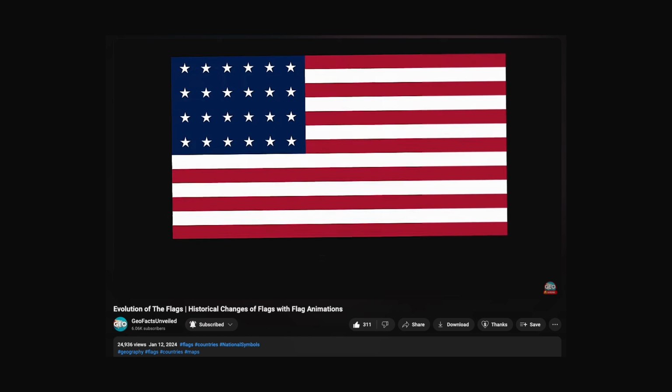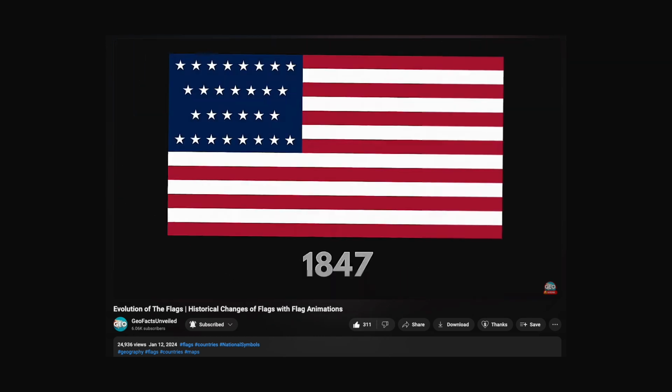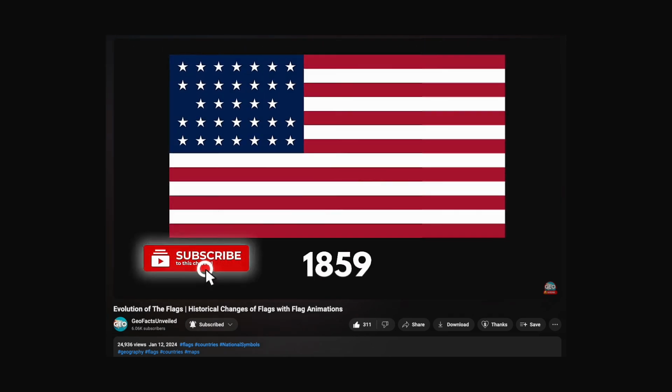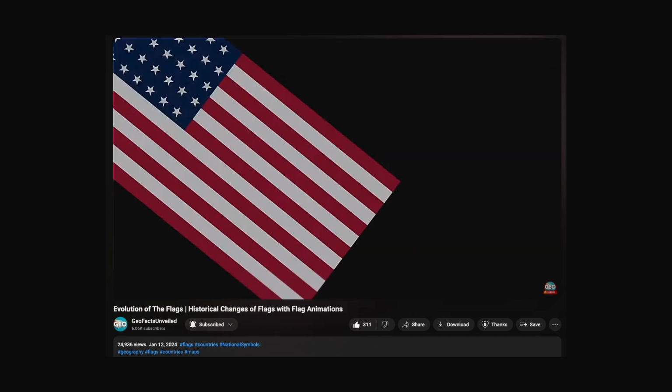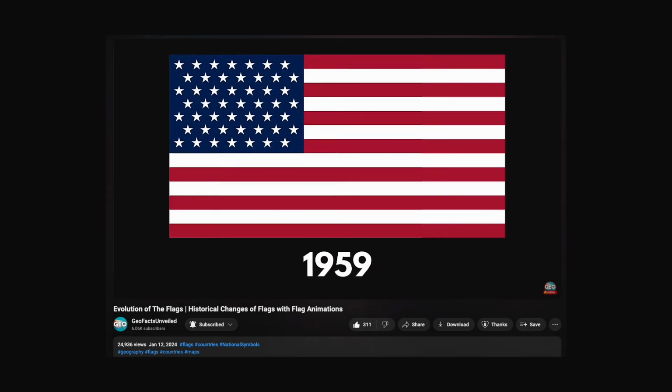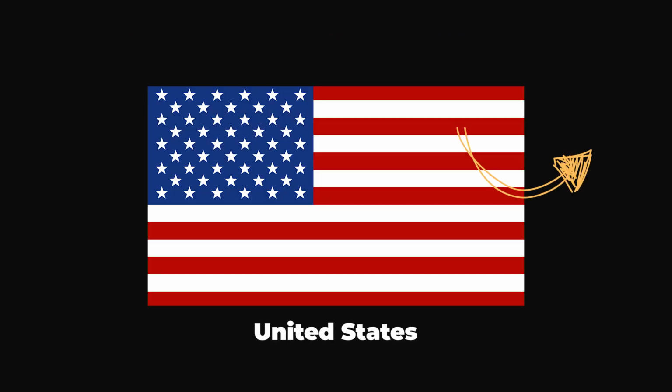There have been 28 incarnations of the famous Stars and Stripes since 1775, each with differing numbers of stars and stripes. Today's version has been in use since Independence Day 1960 and consists of 13 horizontal stripes representing the 13 colonies that declared independence to become the first states of the Union, and 50 stars representing the 50 current states